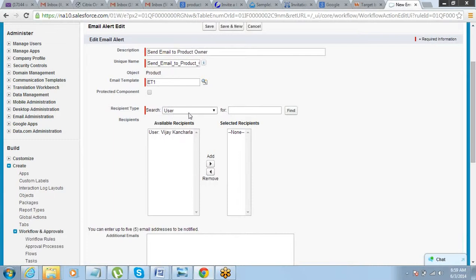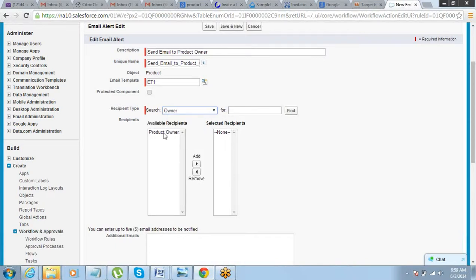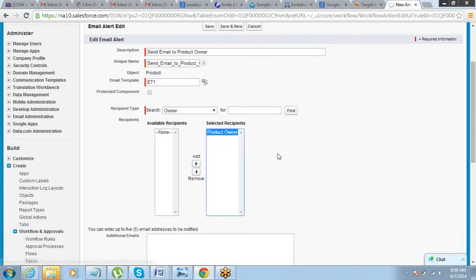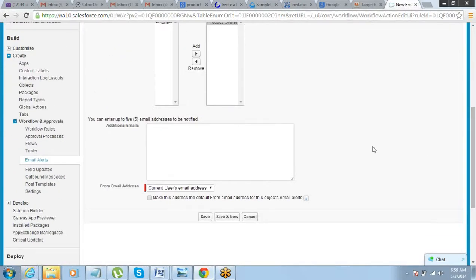and then select the recipient who should receive it. Owner. Product owner will receive it. If you want, you can put additional email IDs to be CC'd. You can put up to 5 email IDs to be copied on the email. And click on save.